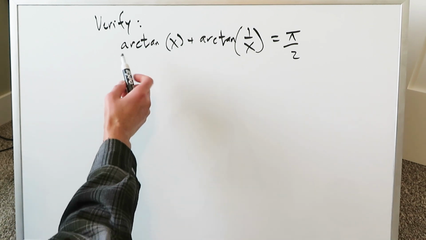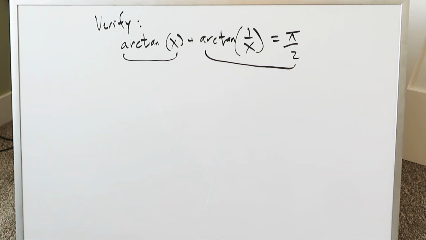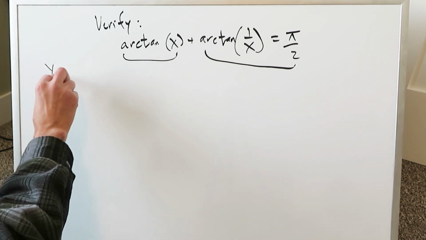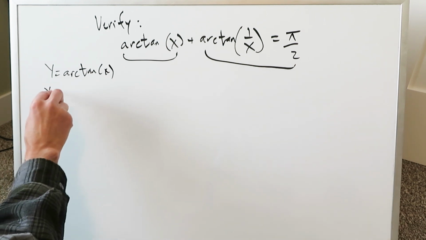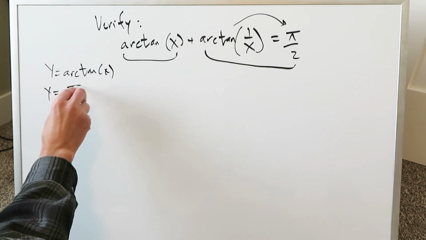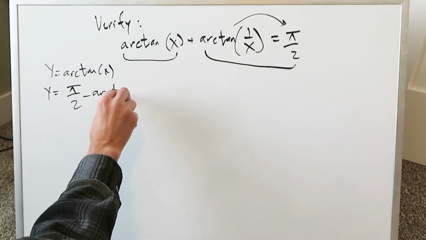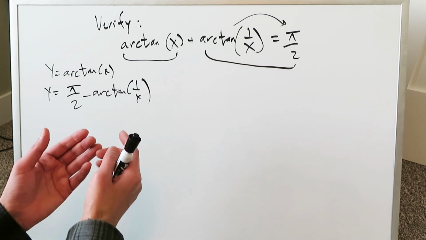A good way to proceed for this specific expression is to separate it into two parts, with each part equaling its own independent function. If this right here represents y is equal to arctan x, then that right there would equal, with this item going on the other side, y is equal to pi over 2 minus arctan 1 over x. And remember, in all instances, the verification procedures should be relatively simple and efficient. You should try to get through your procedures in a quicker manner than something more long